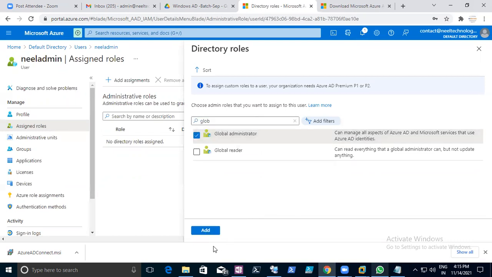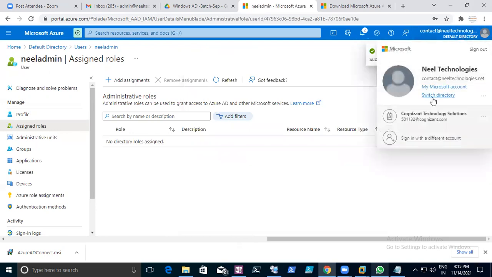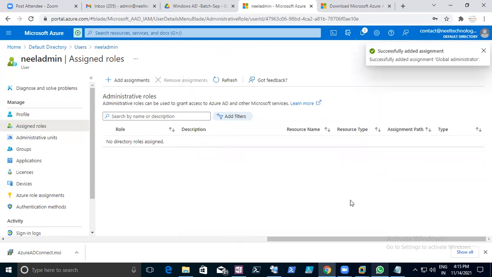You can add a global administrator for that user. Added. Then when you go to Azure Active Directory, you can switch directory. Let's complete this and we can add it. These few steps you need to follow.